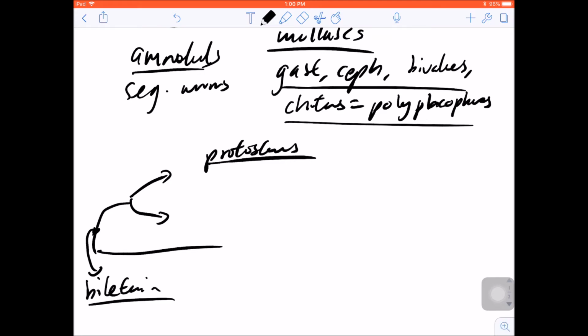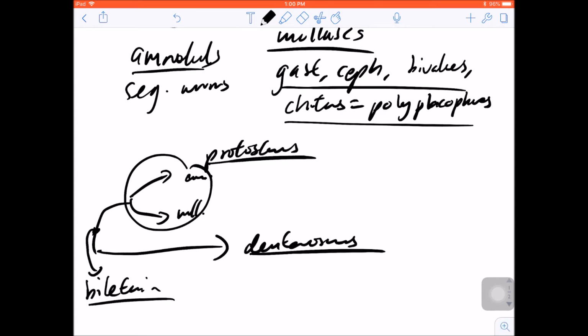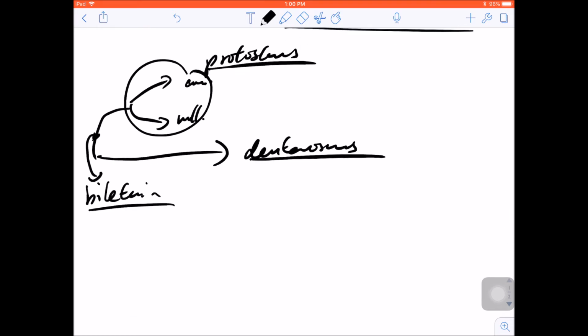So all these groups are bilaterally symmetric, and you divide those into the protostomes, which we'll talk about today, which are the annelids and the mollusks, and then you have the deuterostomes. The differences between these two are all just based on, as far as you need to know, their developmental